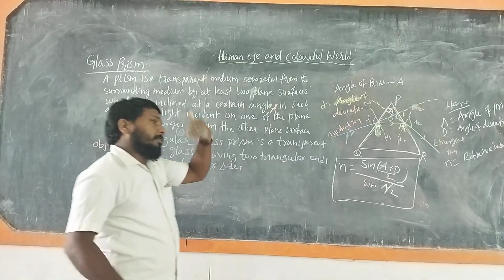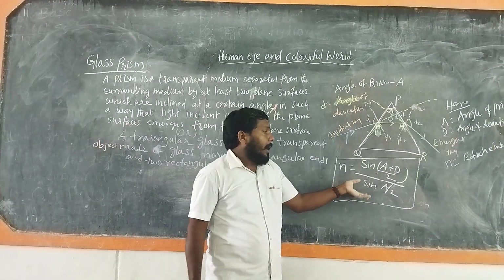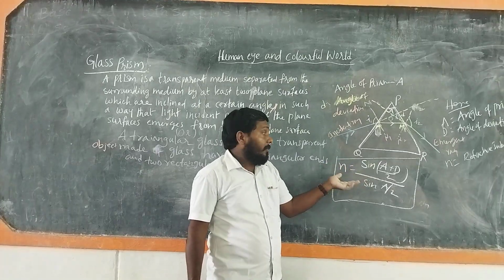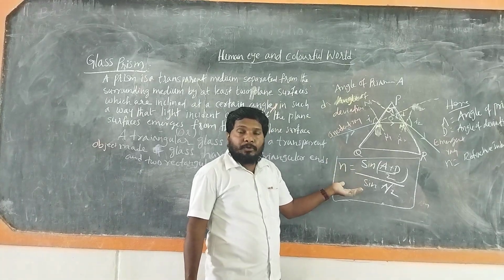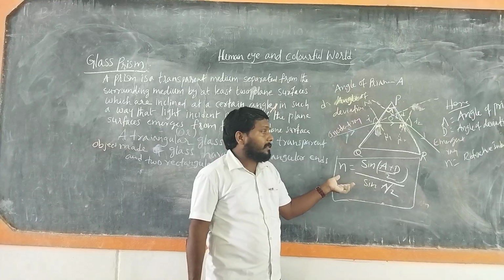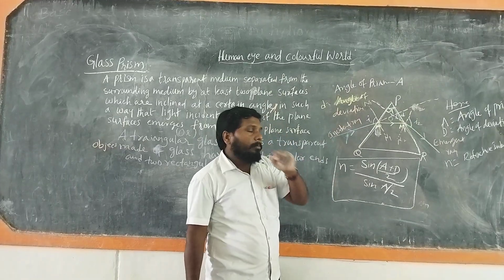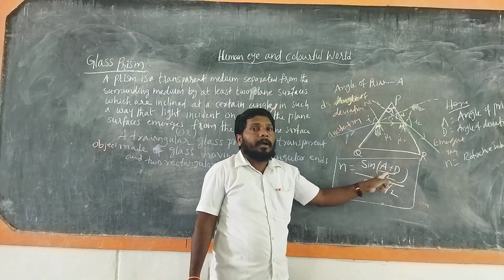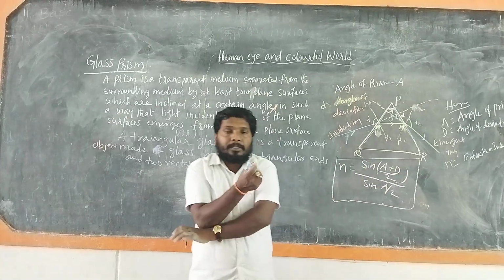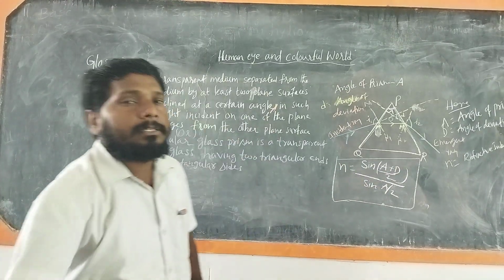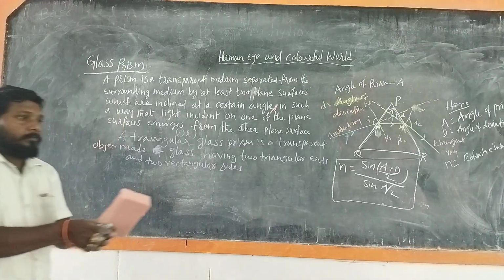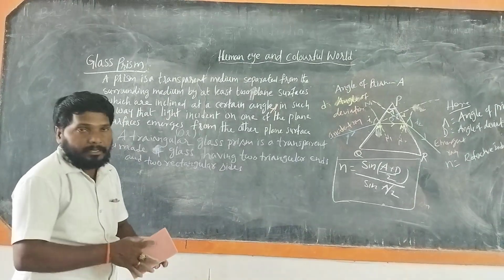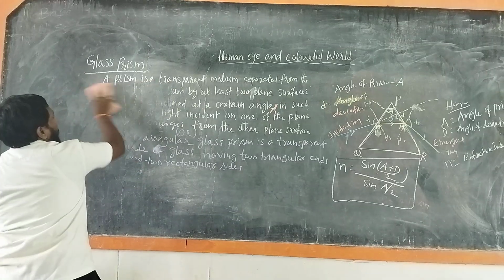In the previous textbook we have the derivation for the formula of the refractive index of a glass prism. Keep in mind the formula: n equal to sin of (A plus B) by 2, divided by sin of A by 2. Next, dispersion of light. Coming to the next topic,